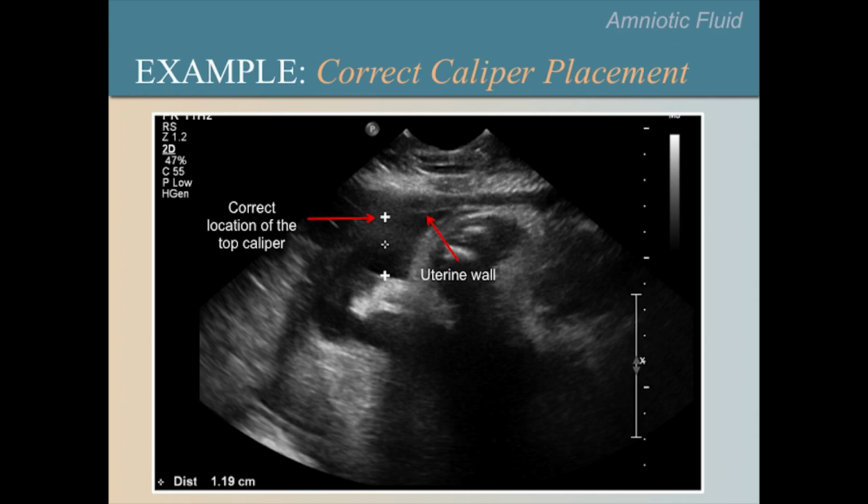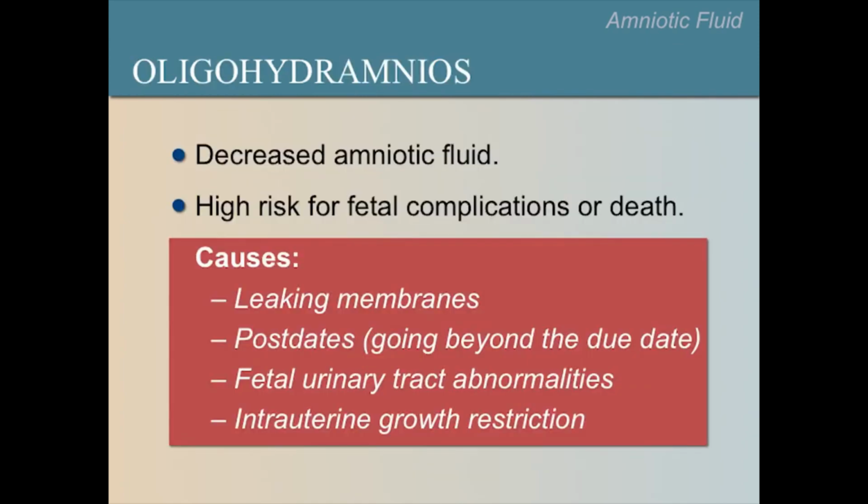In the lower left image, notice that there is a loop of cord, but that the measurement is taken next to it, and the vertical line between the calipers does not cross the cord. When the AFI is too low,